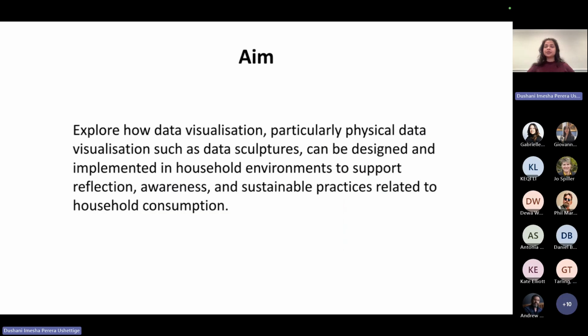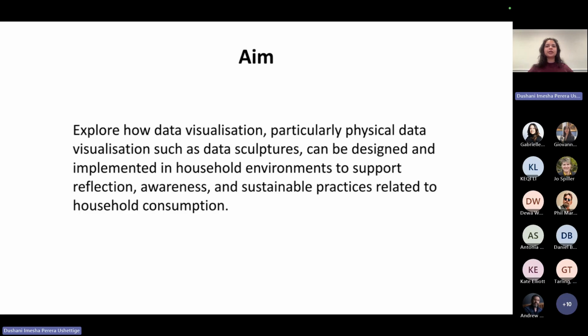Now, that was the aim. What I tried to look at in my research was, okay, there are all of these visualizations done on a 2D screen, on mobile apps, on web apps, but households still contribute to a major part of carbon emissions. It's actually 72% when you measure it through carbon-based accounting, according to the UN report in 2024.